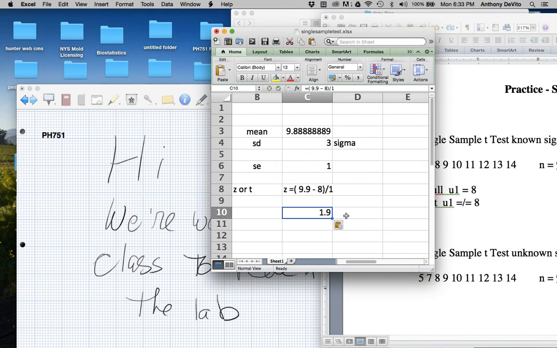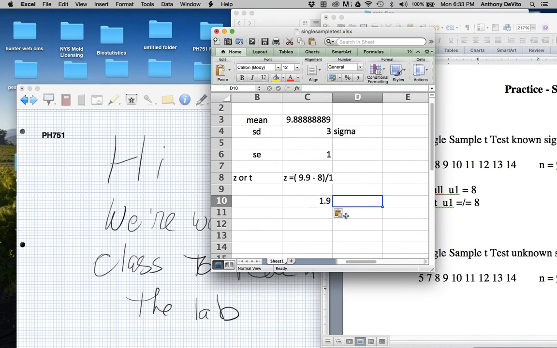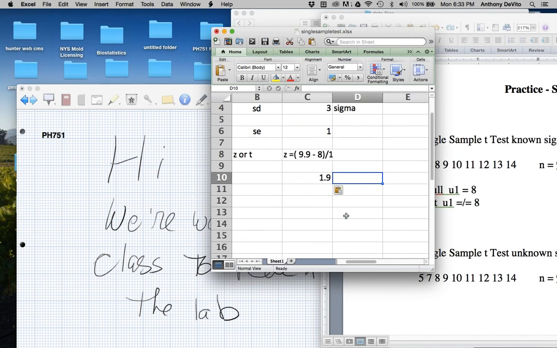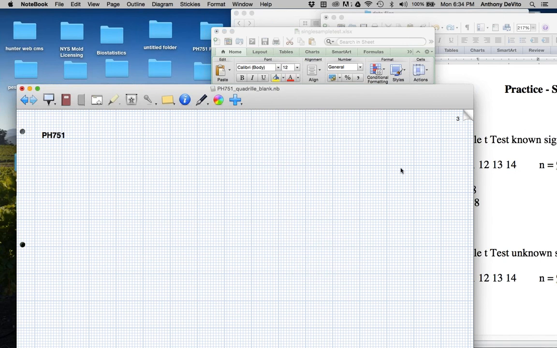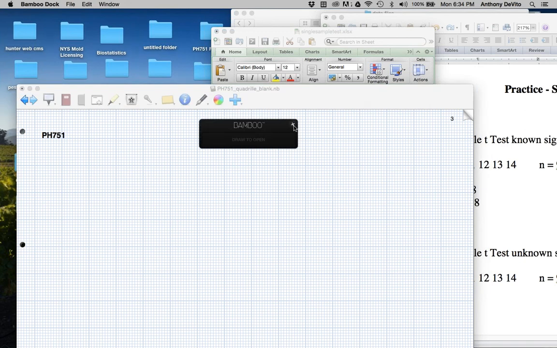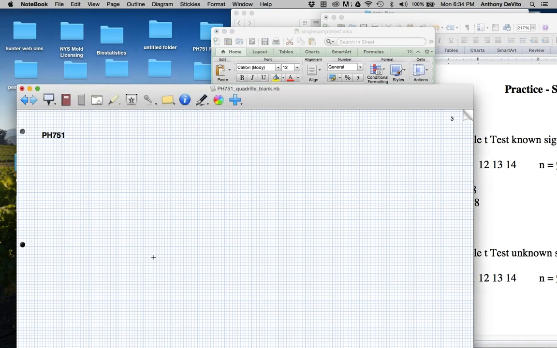Okay, it's going to be equal to 1.9. Now, in order for me to be 95% certain that there really is a difference between these two, with a two-sided test, I have to go back to my sample distribution and say to myself, well, my expectation is